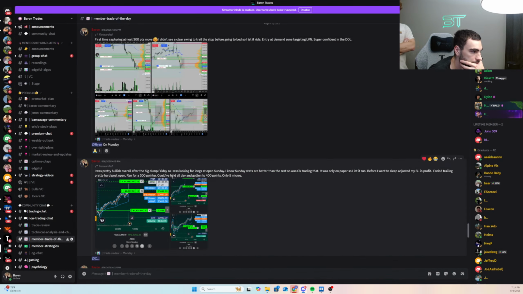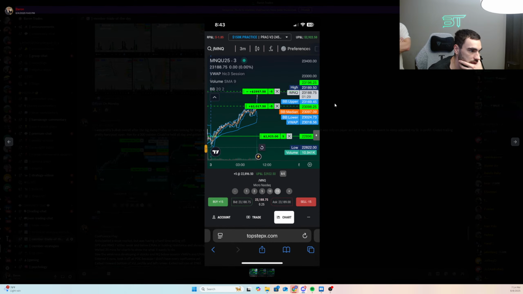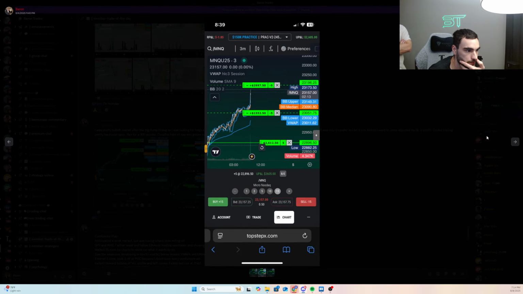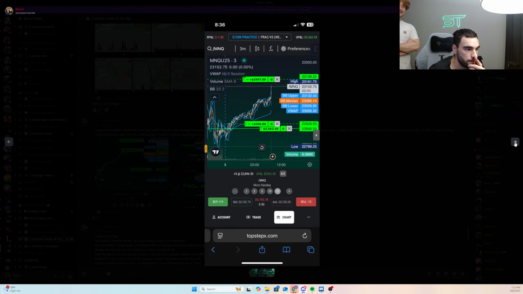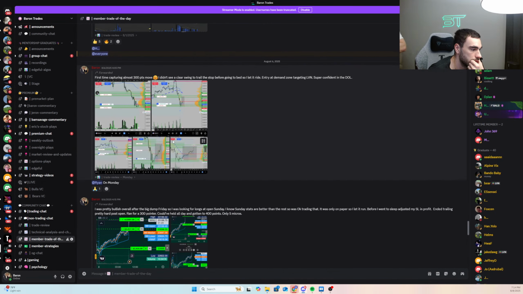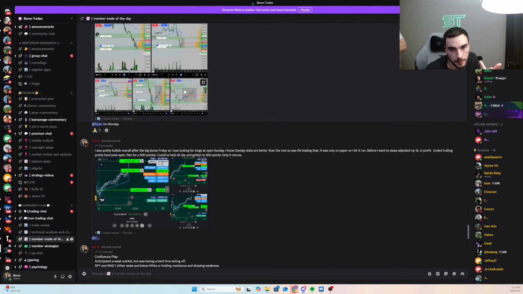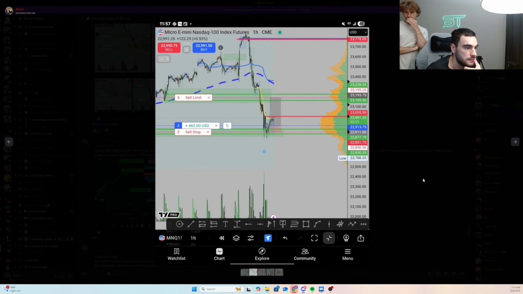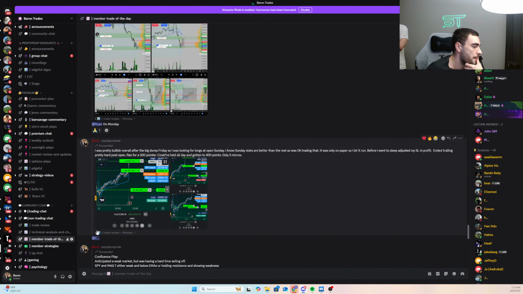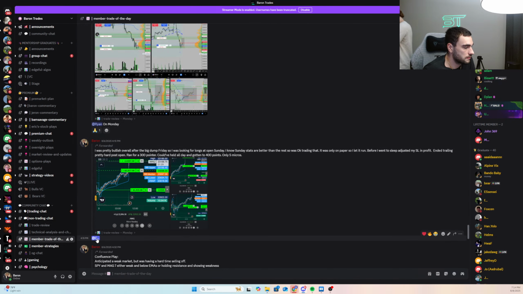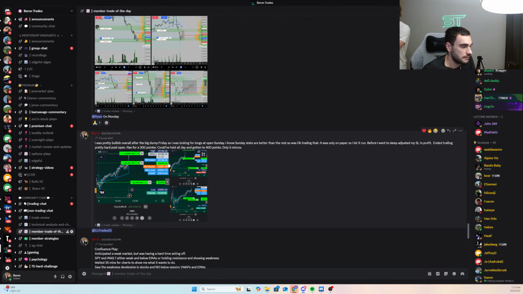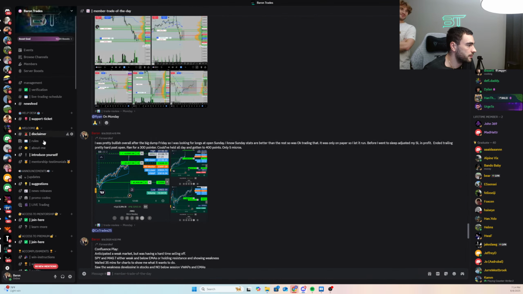Clean. And then Co-Trades, I think this management's really good. Held it all the way through. 400 points? Yeah, and he was managing it. Sheesh. It's a practice account, but it doesn't matter. It's a nice trade. Both of these. I think I might just give it to both of them, because it's pretty much the same trade. Both insane trades. He actually had a better entry here. That's crazy. Co-Trades. Okay, let me post this in updates.